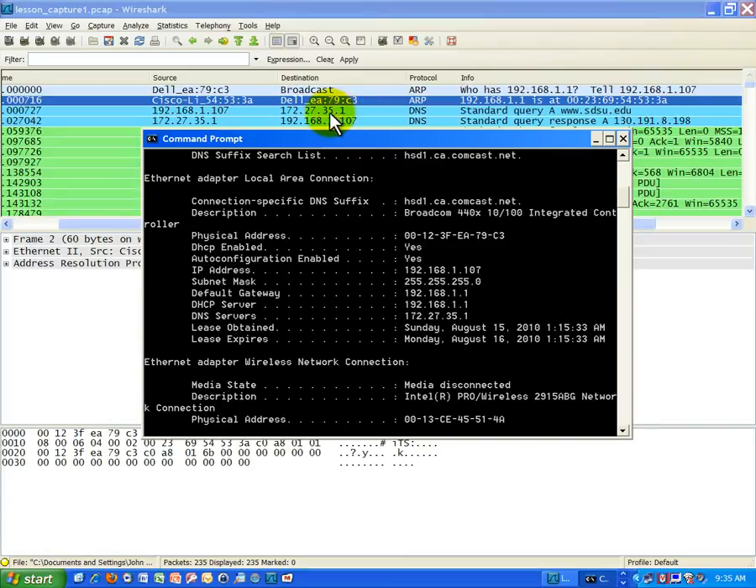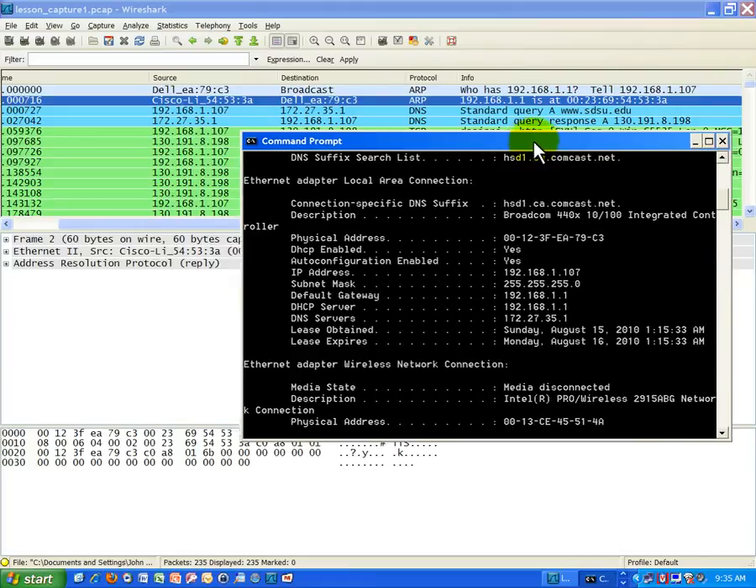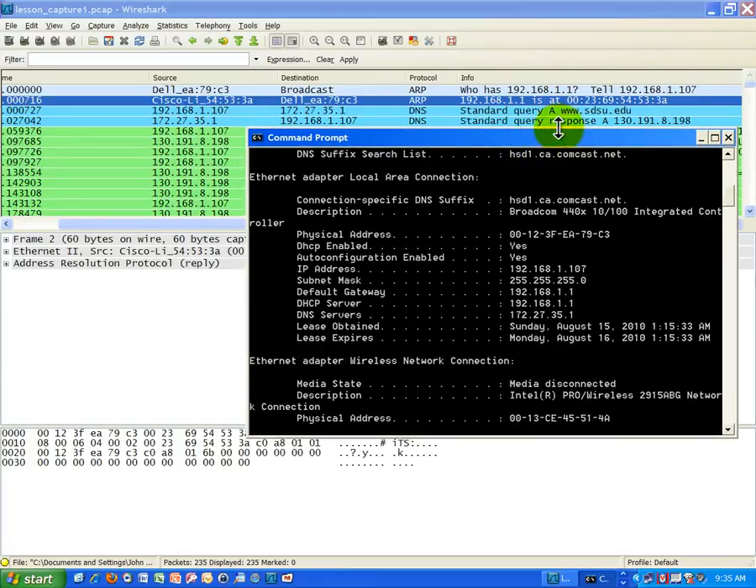And basically, once it gets that IP address, it sends it back directly to my computer. So here is the actual response. It says the standard query response. A means a host record. Basically what it's saying here is